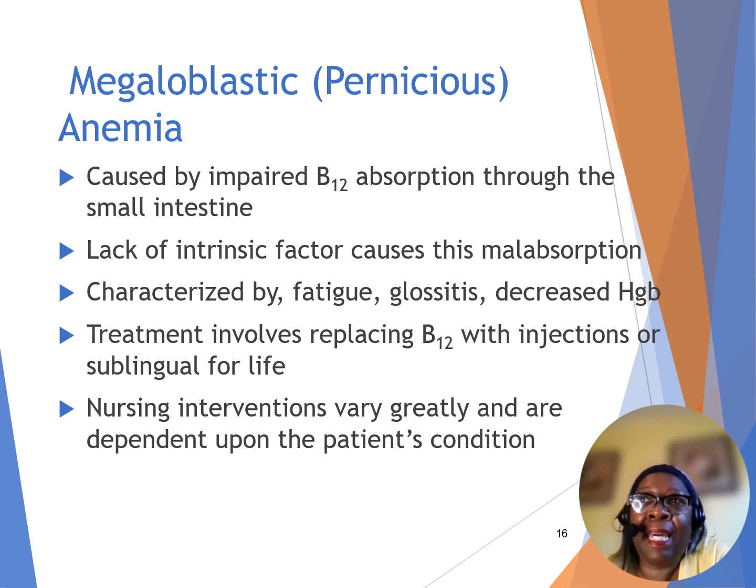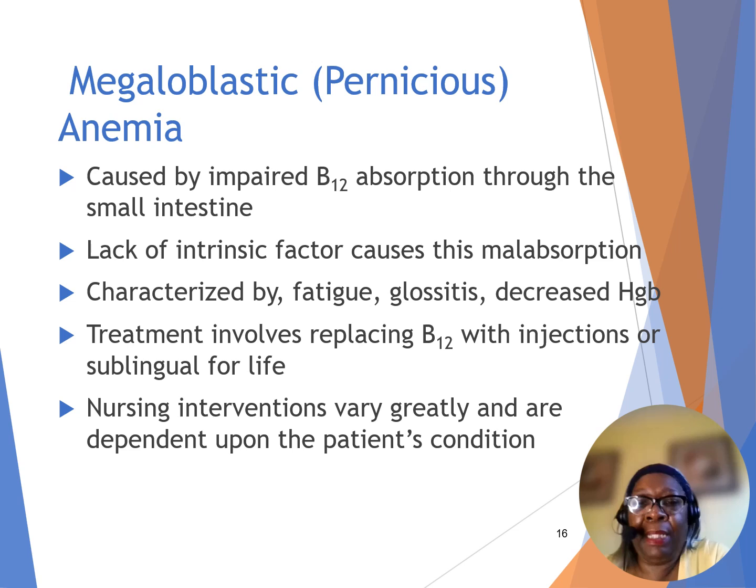So when a patient has had, think about this, when a patient has had gastric bypass surgery or gastrectomy, there is a risk of megaloblastic anemia from a decrease of the availability of intrinsic factor. They have removed some of the stomach. So they've removed the lining that produces the intrinsic factor. Think about that, guys. So this is something that we nurses should be aware of, okay? Now let's look at,